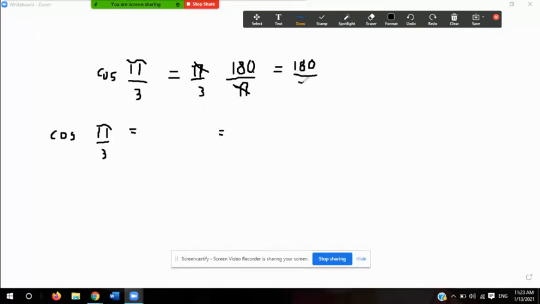And we already know that, right? I mean, pretend you didn't see the last example. We know that pi thirds equals 60 degrees. And that also means that the cosine of pi thirds is equal to the cosine of 60. And since we've worked with special right angles before, and we know that if the sine of 60 was the square root of 3 over 2, then the cosine of 60 equals 1/2. So the cosine of pi thirds equals the cosine of 60, which equals 1/2. So that's pretty simple. That's how you would evaluate a trigonometric function using radians